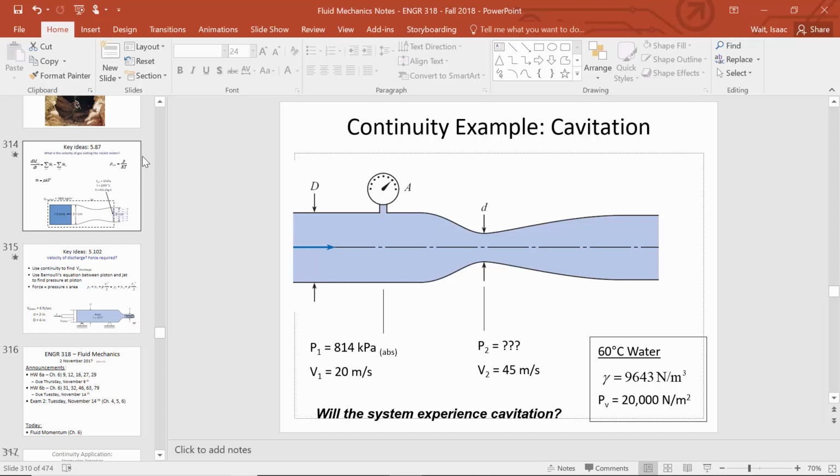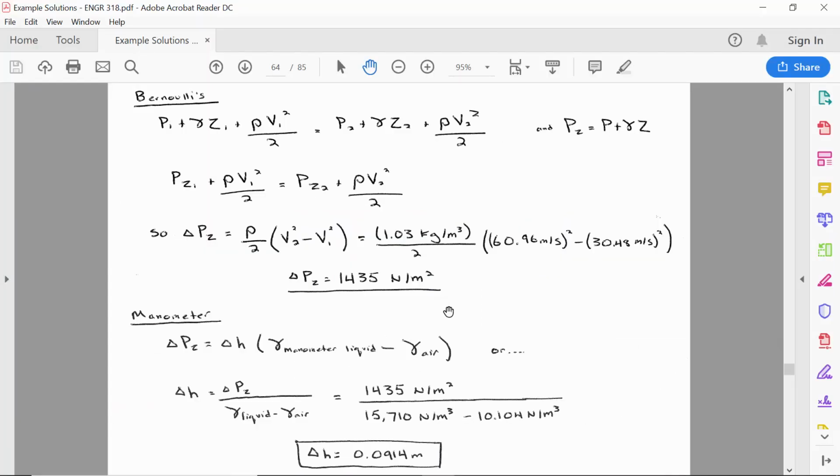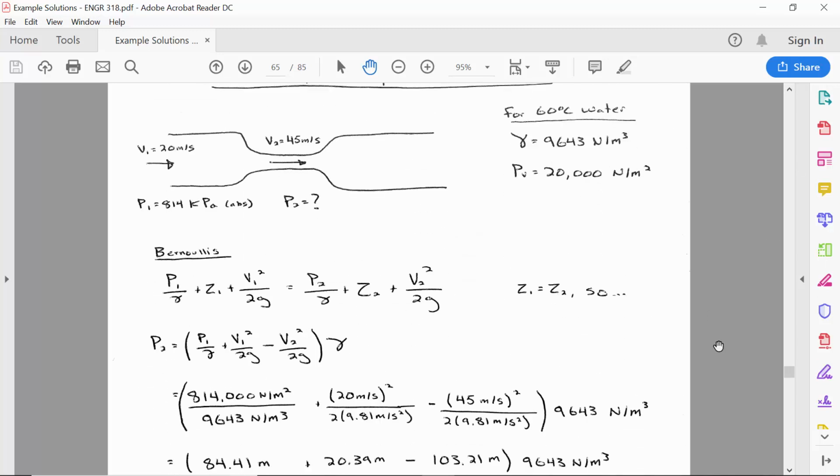Yes, there will be cavitation. So the water's going from 20 to 45 meters per second. The pressure started at 814 kilopascals, which ought to be plenty, except for that there's a pretty big change in